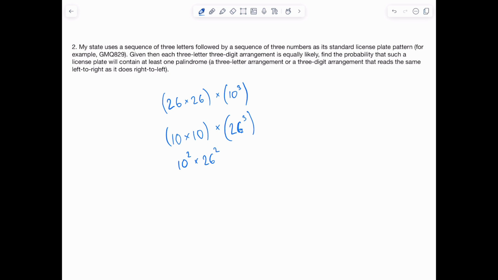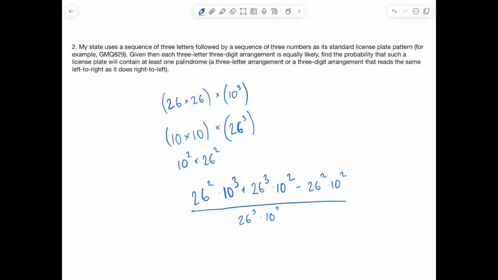And our answer should just be the first one plus the second one minus the third one, meaning that our numerator, since we're asked the probability, is 26 squared times 10 cubed plus 26 cubed times 10 squared minus 26 squared times 10 squared, divided by our total, which is just 26 cubed